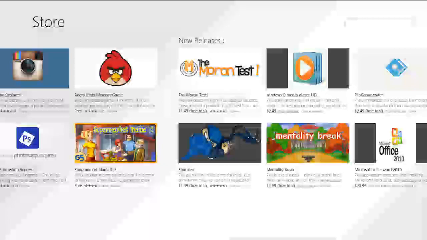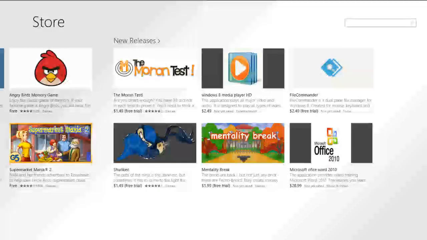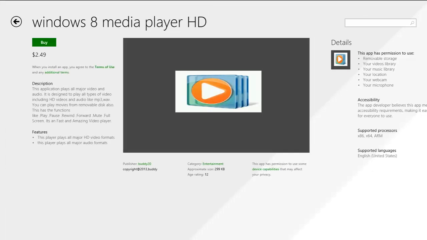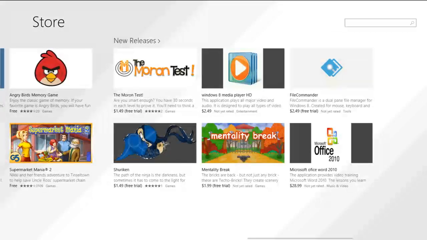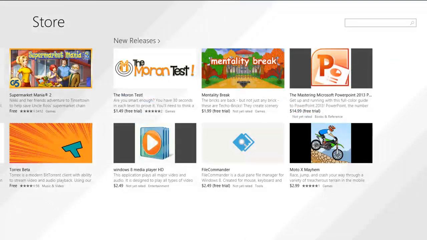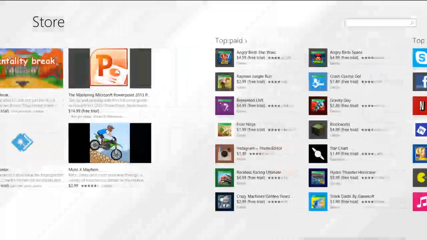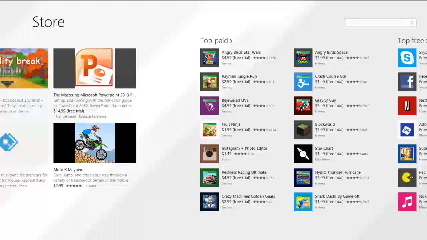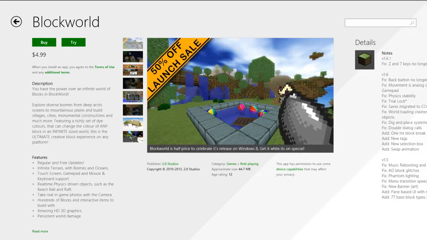So when I'm buying my apps, and I want to buy this app, okay, let's go with something a little more expensive to make it more interesting. Oh, $28.99. No, it's too much, come on, something better. So let's go to some really fun game. Okay, and I'm trying to buy this app.